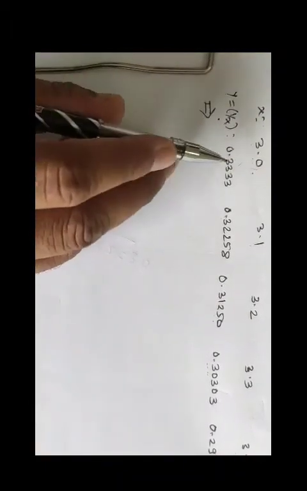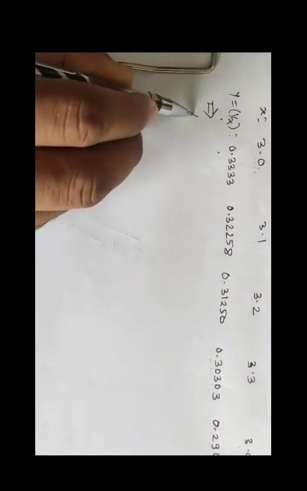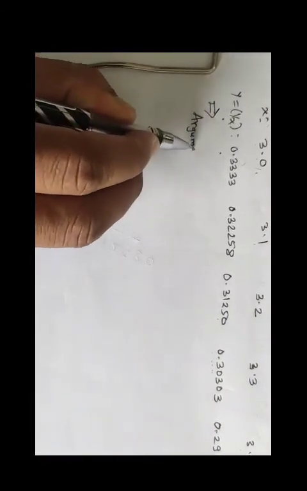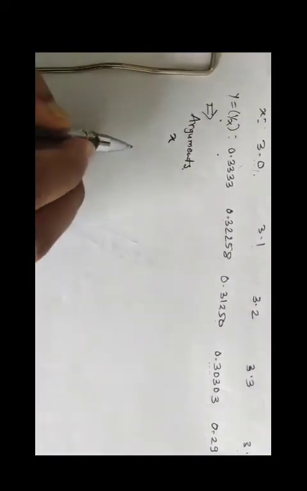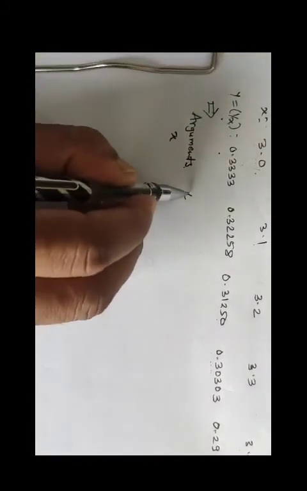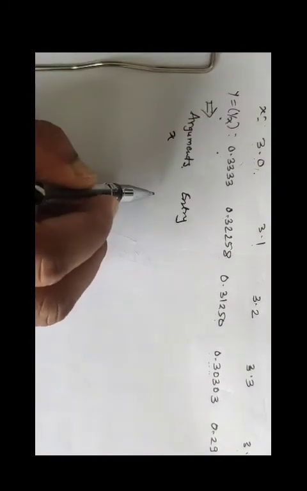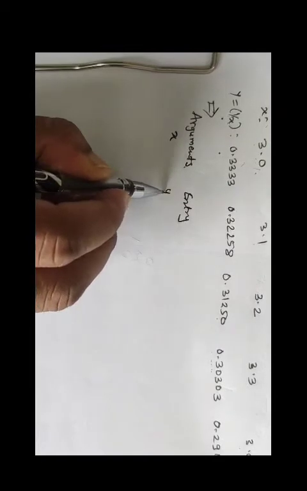Scientific calculator. So dear student, the first differences are obtained by subtracting each entry from the next entry. The second difference is obtained by carrying out similar subtractions on the first differences, and so on. And we can find the difference table as follows. Now I am going to arrange the difference table. So these are the arguments, that means values of x. This is the entry. So values of y is nothing but 1 by x.